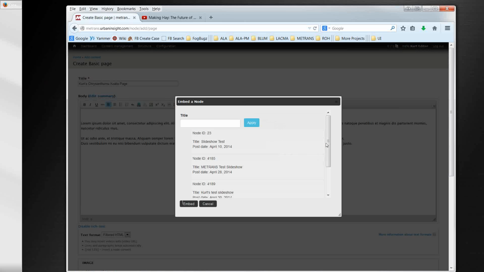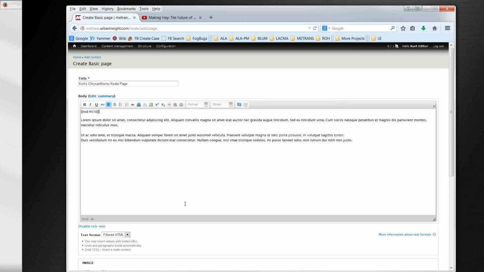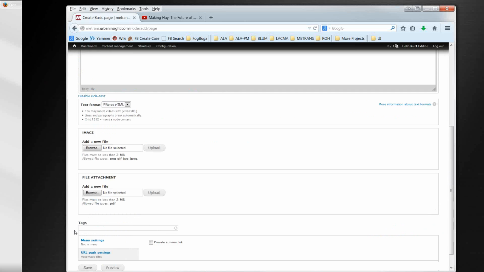So what I'm seeing here is a list of all the slideshows that have been created on the site. And this is the one I just created on June 4th. So I click on that and I say Embed. And in the WYSIWYG, this is what I see, some odd code that looks like that. But when I save it,